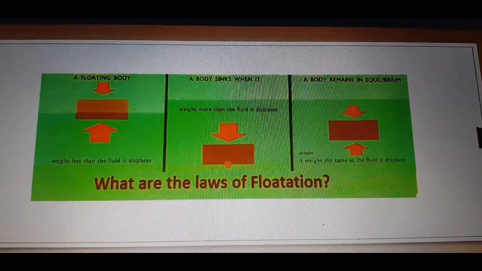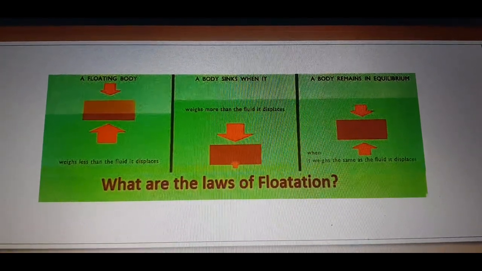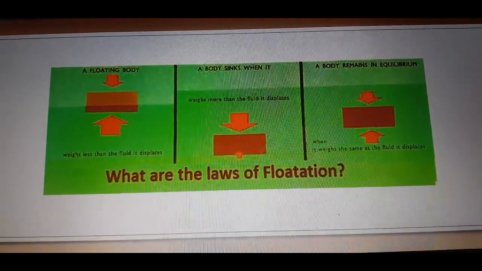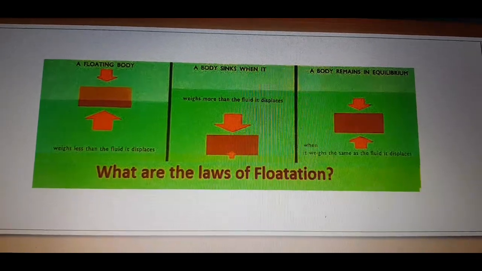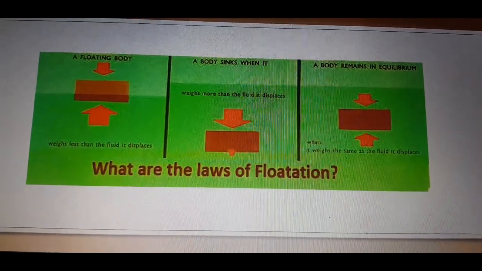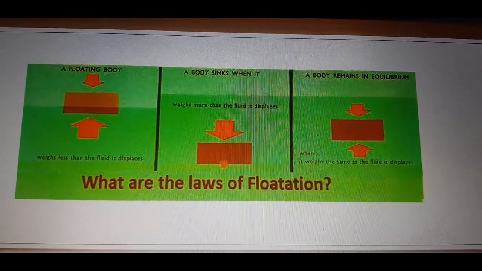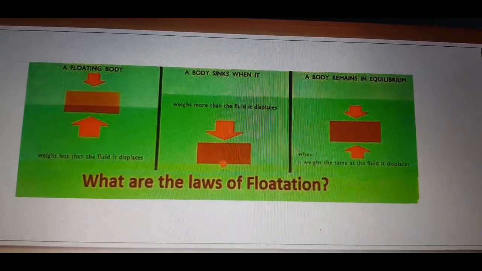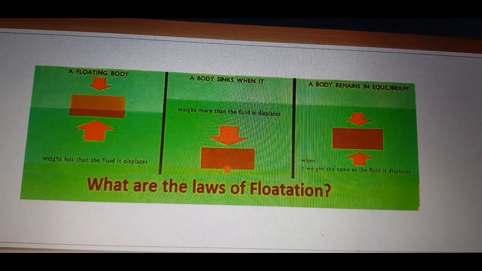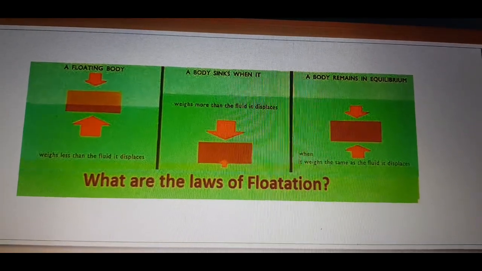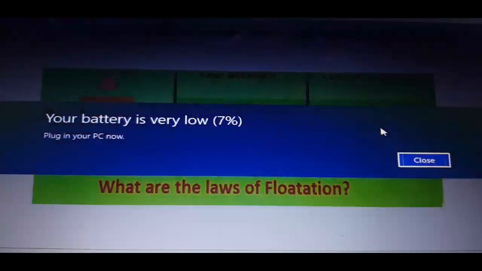Any object you place in water, when its density is lighter than the density of water, it will stay on the surface of the water. Like a stone, if you throw a stone in water, it will sink. Why? Because the density of a stone